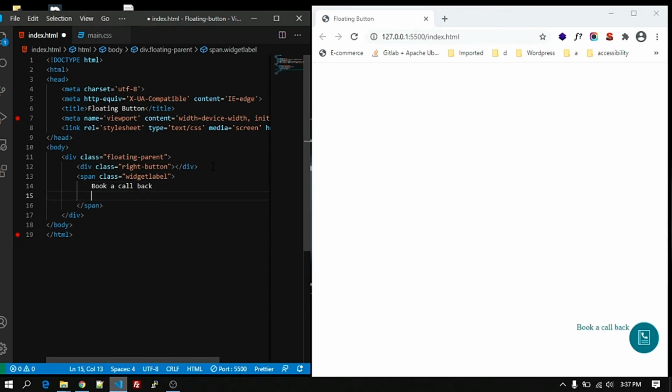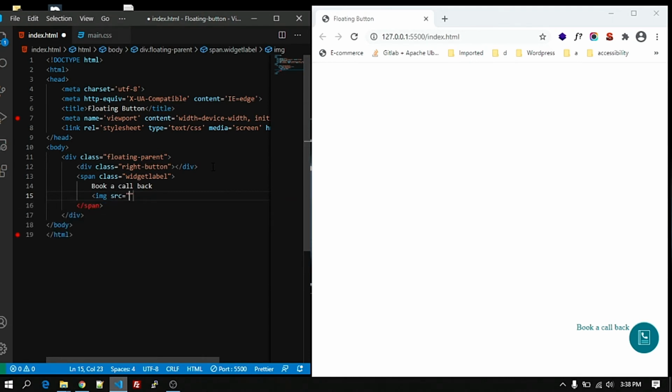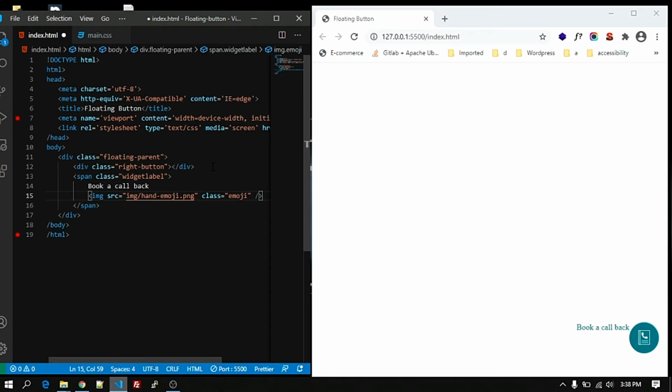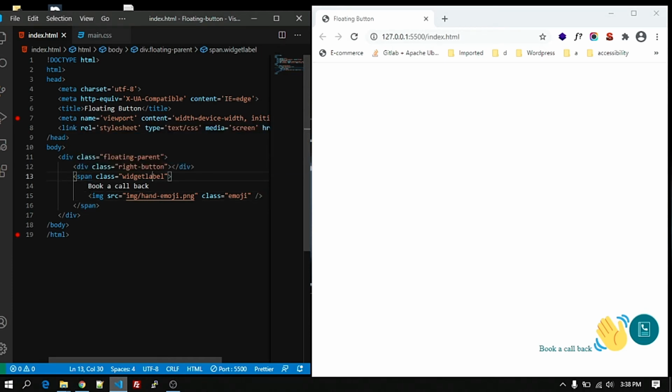After that we are going to add an image. In that we are going to use an emoji, and we are giving some class to that image tag. Let's close the image tag. We are done with the HTML thing, so let's write some CSS for the widget label and the emoji.